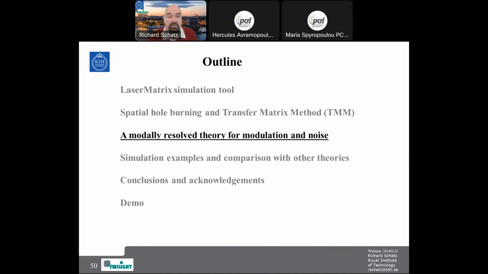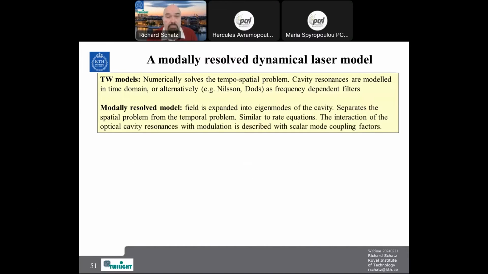It's not published, in fact, but it's similar to other theories that have been made. So, by a mode-resolved laser model, I need to explain. Either you can use a traveling wave model, so then you calculate in the time domain how the wave in the laser proceeds during a very small time, and then is reflected and goes back, and so on. So it becomes a temporal-spatial problem where you need to have the discretization in both time and space